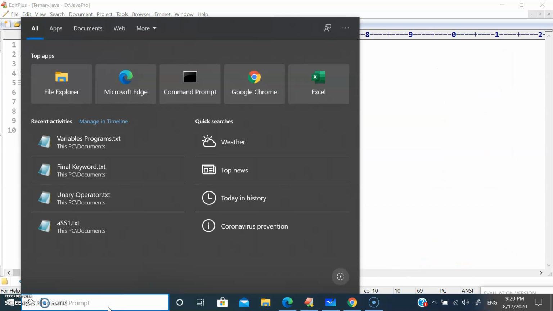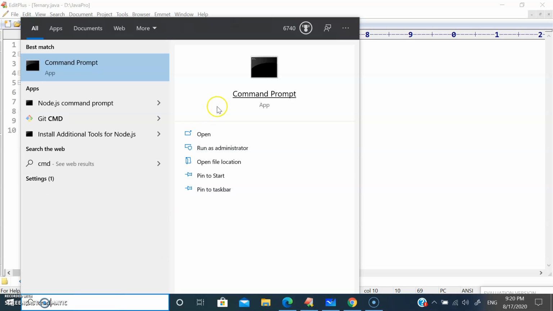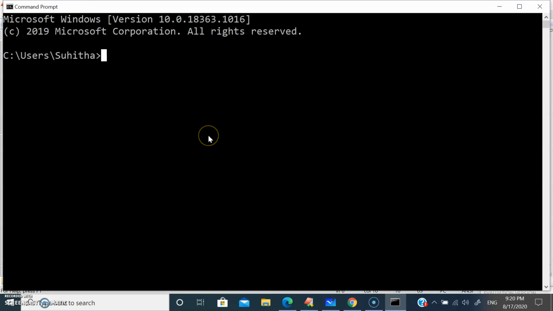Go to your command prompt. Change the partition to D, cd Java Pro.